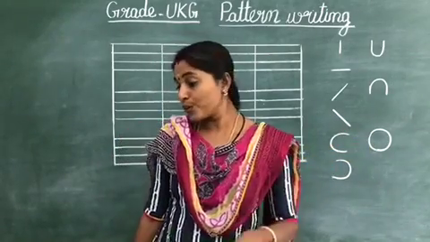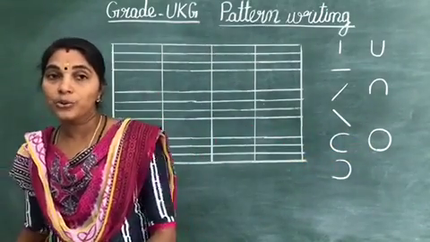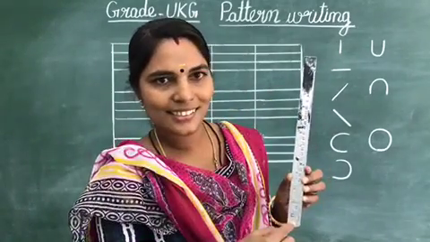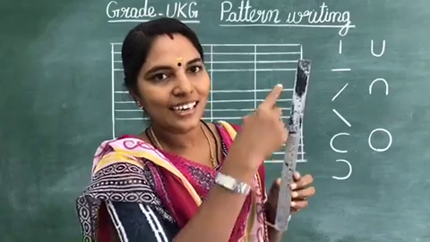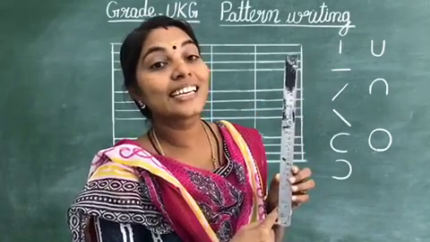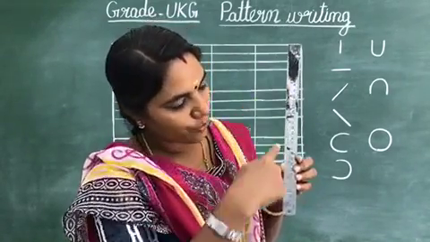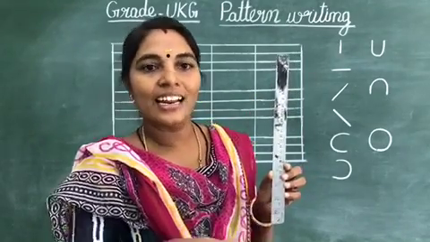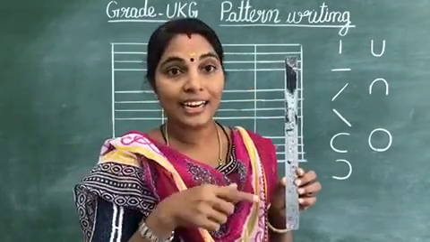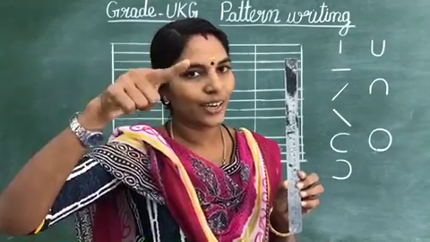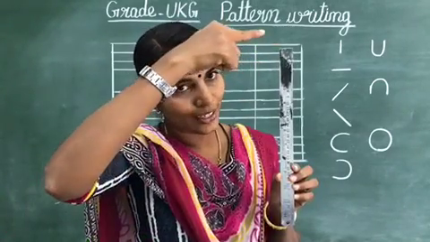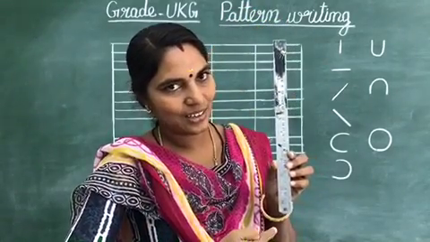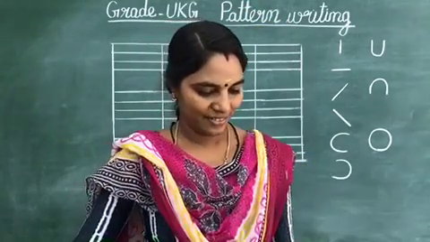Now, I'll show you with scale. Now, see children, see the scale, in which position it is? Yes, in which position it is? It is in standing line. It is in vertical position and we can say it as standing line. And can you draw this standing line in air? Yes, take your index finger and draw children from up to down. Yes, standing line. Okay, next.